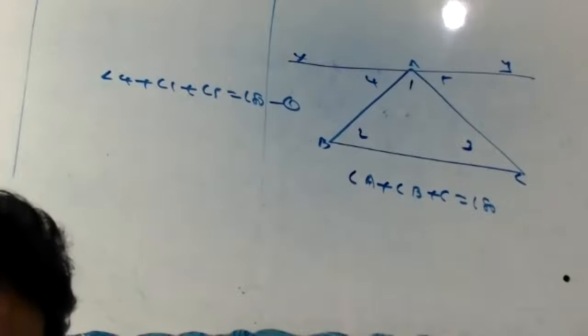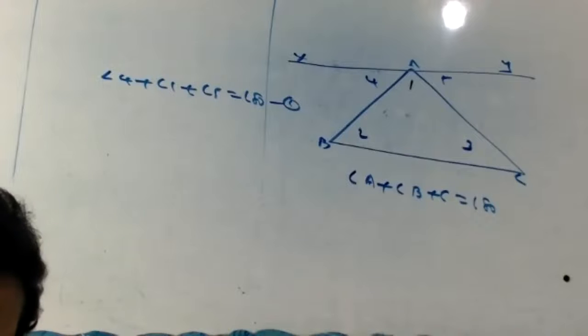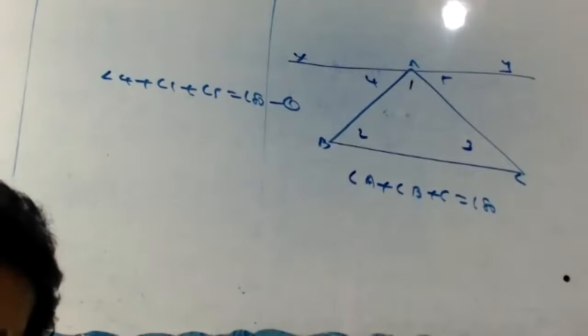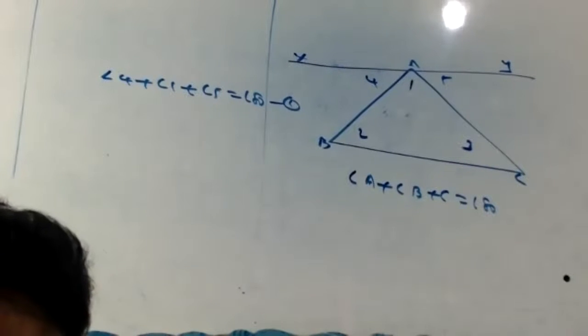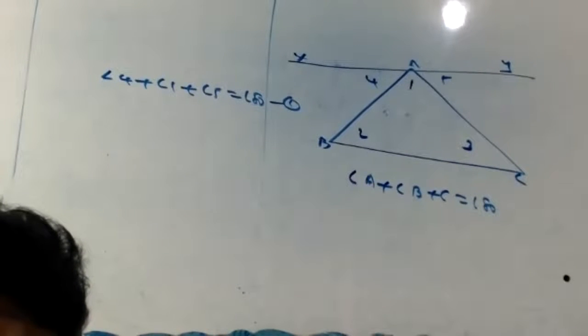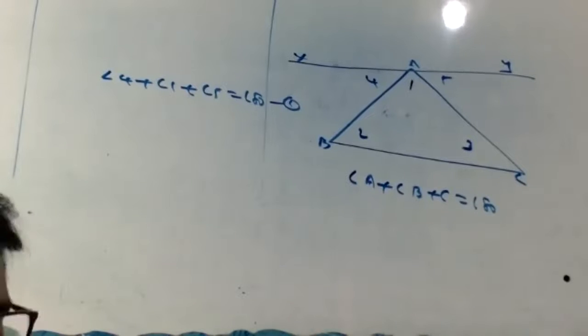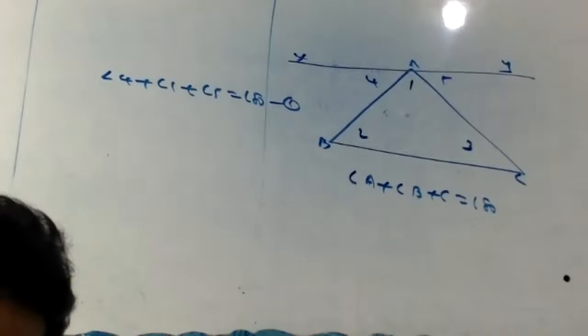First, draw a neat figure. Even if the question paper has a printed figure in the board exam, draw a nice figure. Don't ask me, if the figure is there, why should I draw again? It's a part of CBSE guidelines. Now given triangle ABC, that is given. To prove angle A plus angle B plus angle C is 180 degrees. Construction: through A, draw XY parallel to BC. Okay. Next line, proof.